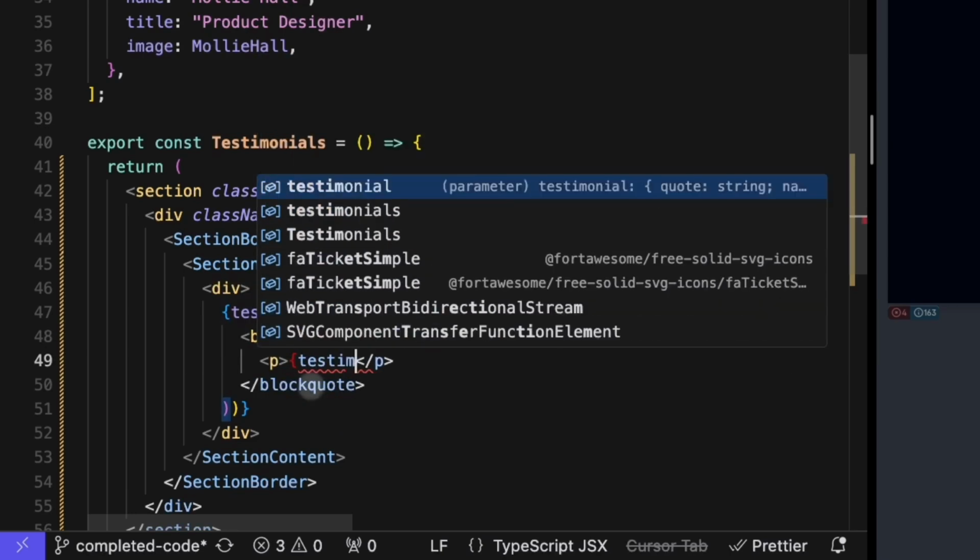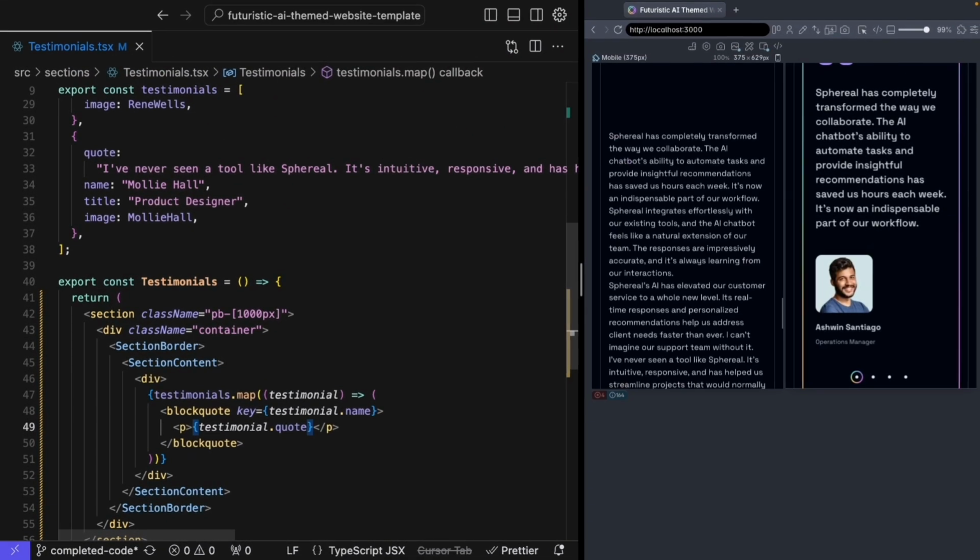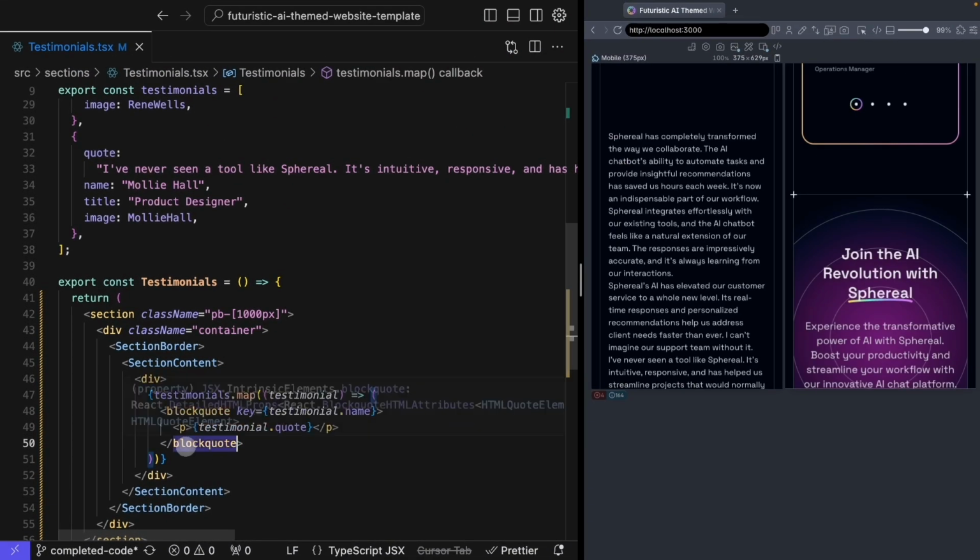So we'll say testimonial.quote inside of that paragraph. Now we are going to get all of the quotes showing up. Of course, we're going to get all of the content showing up because we're mapping over our testimonials. So in order to be able to say which one we want to see, let's go ahead and create that